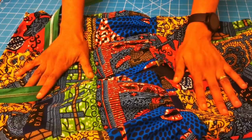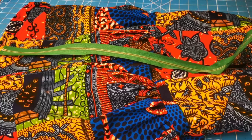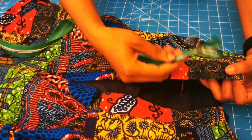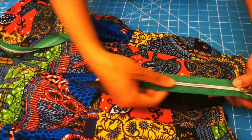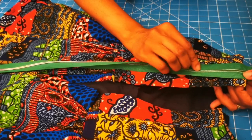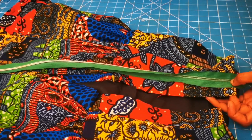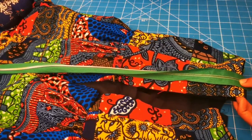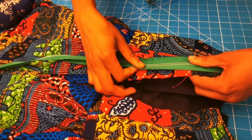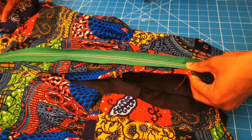So like I said, I've joined from my 6 inches to the end on both lining and fabric. So this is my zipper. To add this zipper, place your zipper. This is the correct way it should look. But when we're stitching it, we're going to be placing it like this and stitching on a 1-inch seam allowance from top to bottom. Notice that I am stitching to only the fabric. I'm not joining it to the lining yet. So you stitch it all the way to the end,